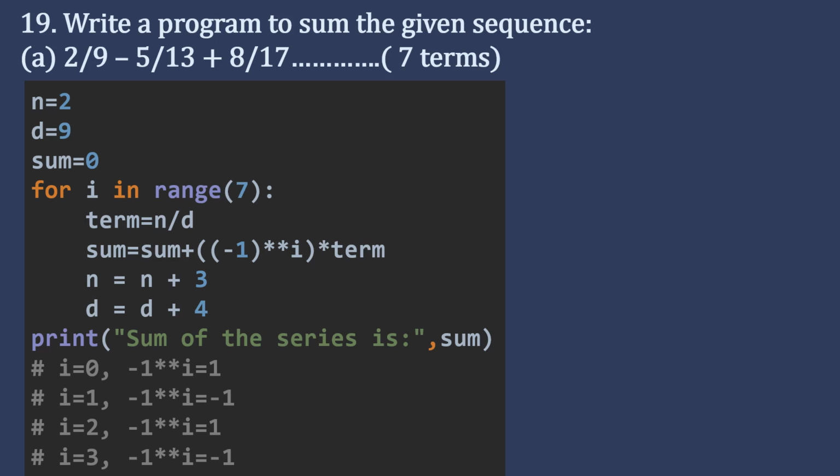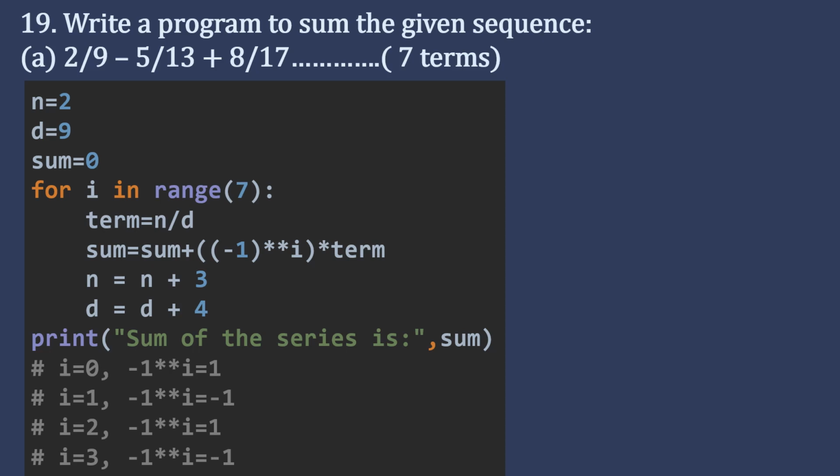That minus 1 to the power 2 will give you plus 1, and minus 1 to the power 3 will give you minus 1. Like this, minus 1 raised to an even power gives a positive value, and if it is raised to an odd power, it gives a negative value, and if it is raised to the power 0, then it also gives positive 1.